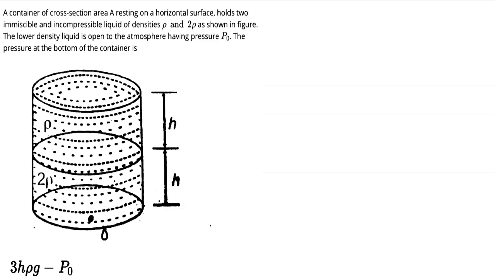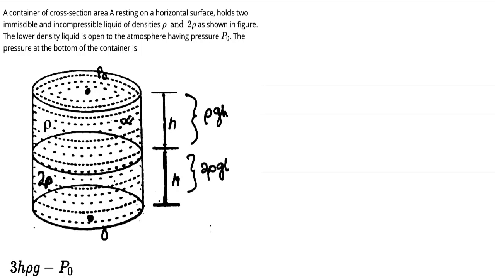Let's say this point is O. So we have to find out the pressure at O. Now, the atmospheric pressure on the liquid of lower density is P naught. So for this height and for this liquid of density rho, the pressure will be rho into g into h, and for this portion, for this height and for this liquid of density 2 rho, the pressure will be